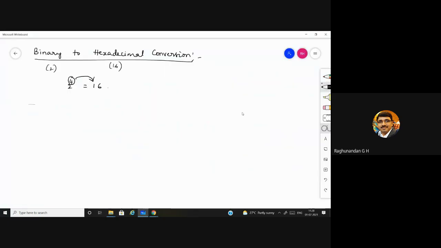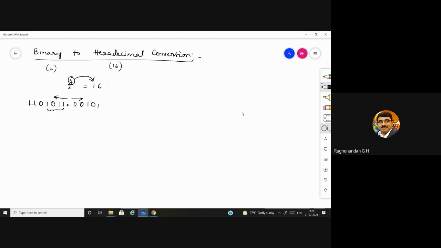Okay. Now let us take one example. Something like this. Now we need to group 4 bits, and after that we need to write its equivalent hexadecimal number. So always you should start in this direction for grouping the numbers which are before the decimal point, and for the numbers after the decimal point you should start like this, in this direction. So these 4 bits will form one group.